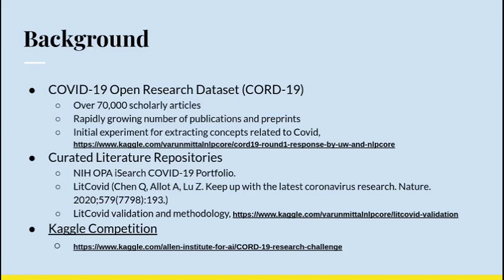To give you a brief background, we started working on a dataset called CORD-19, short for COVID-19 Open Research Dataset. This is a collection of scholarly articles made available by Allen Institute and a consortium of other research labs. At present, it has about 70,000 research articles, and it's being updated actively as more and more research is being